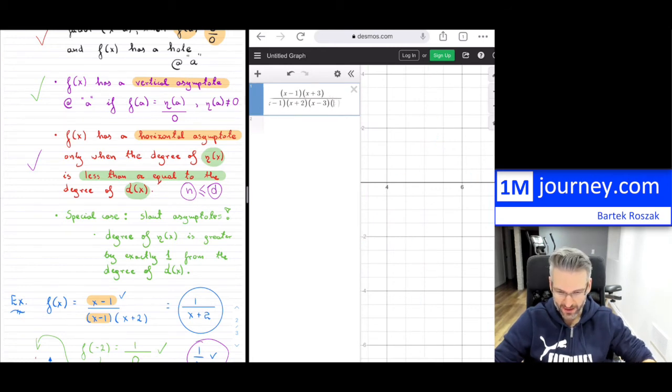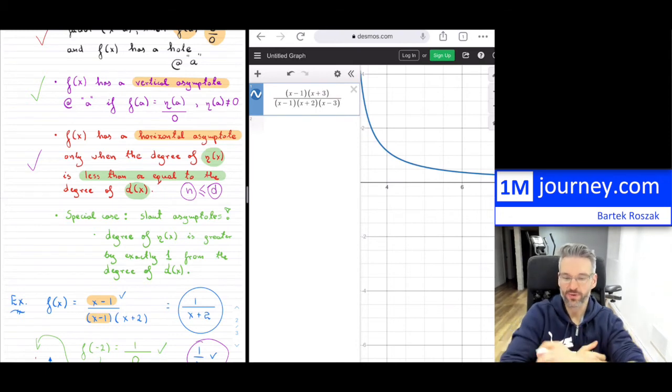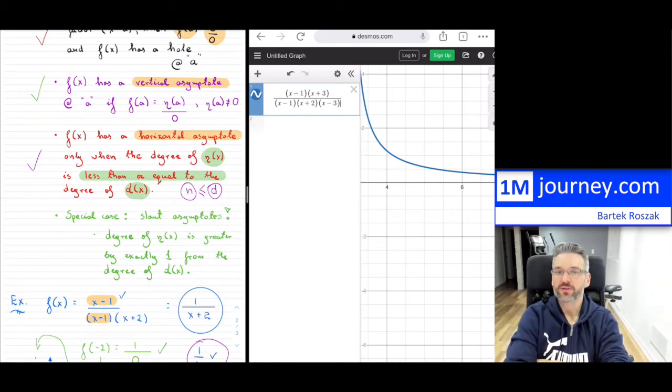Let's not make it that complicated, but just so that we can see this. The degree of the numerator is 2, right? Because we have x minus 1 times x plus 3. If we would expand it out, we know that the highest degree in the numerator would have been 2. The degree of the denominator is actually 3, right? If we would expand that out, we would have to get a degree of 3. So this applies. That means there should be a horizontal asymptote